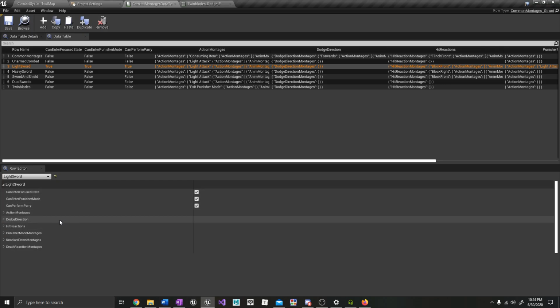In this tutorial for Advanced ARPG Combat, I'm going to teach you how to set up attacking with weapons. There are a few things that you need to do that is different from unarmed combat. I'm also going to show you how to add the different attack types supported in this combat system. Okay, let's get started. The first thing we're going to do is set up attacking with the light